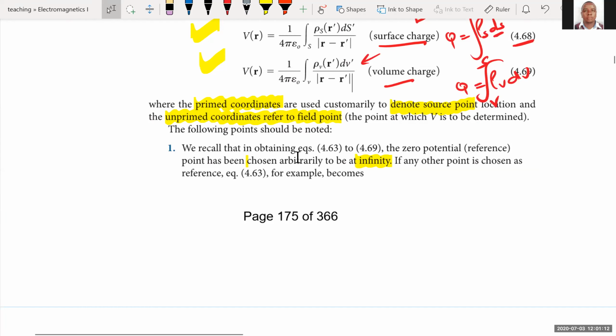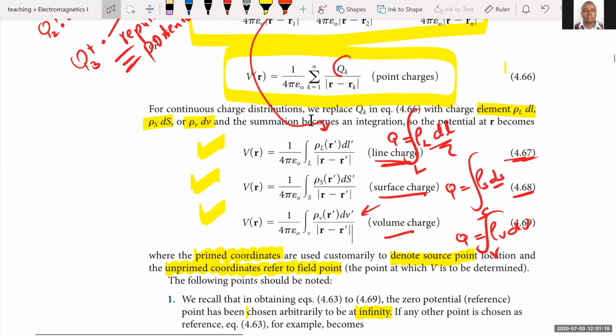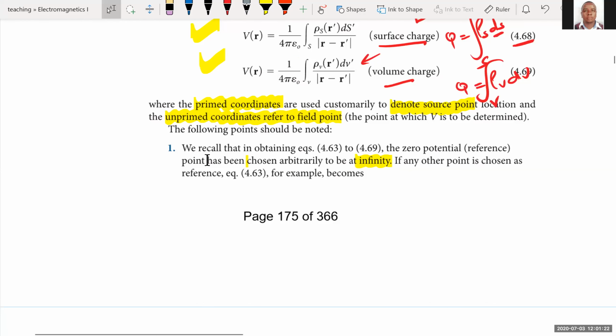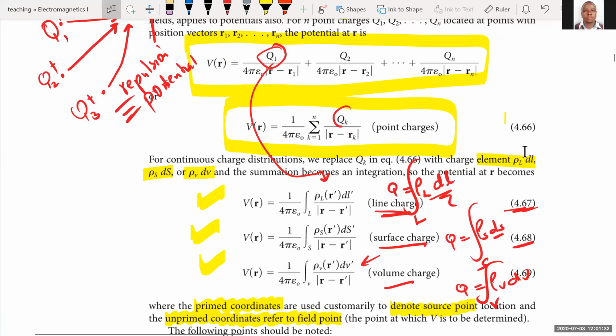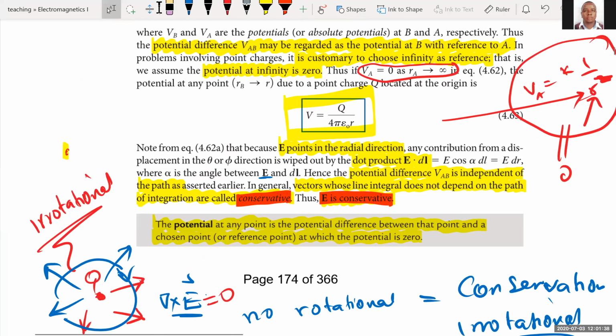We recall equations 463 to 469. In all these equations that we have been talking about for potential, the zero potential reference has been chosen arbitrarily to be at infinity. If any other point is chosen, then equation 4.3 becomes equation 463. This is, we assume that